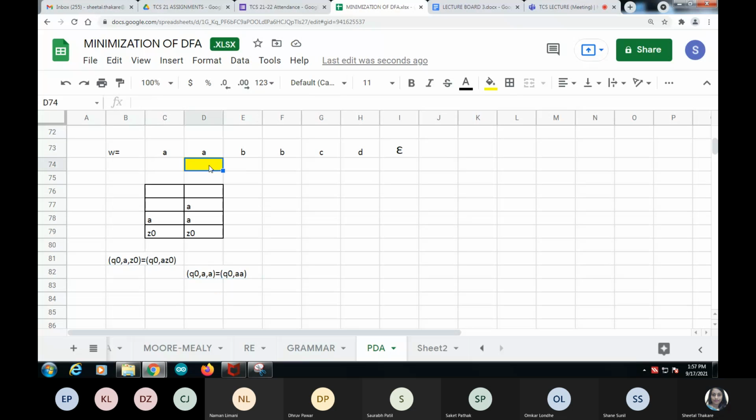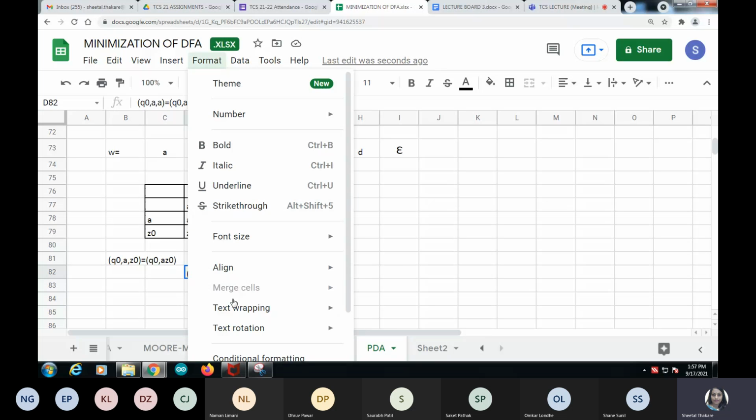Now next, B is the symbol to be processed. What we have decided, as soon as you encounter B, as you need to check whether B is appearing for the same number of times as that of A, you should delete one A from stack. So here if you delete this one A from stack, you are left with single A on this stack that will be top of the stack. So what action you have written for this? If we can wrap this,